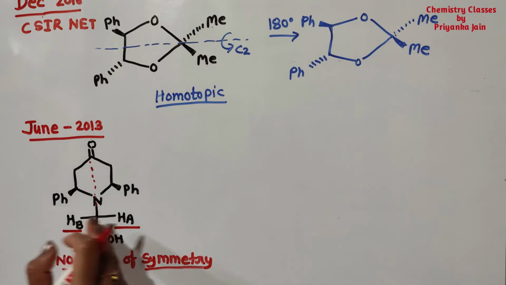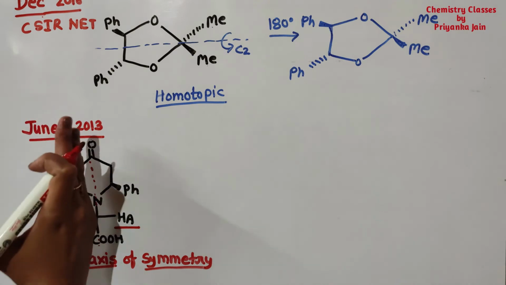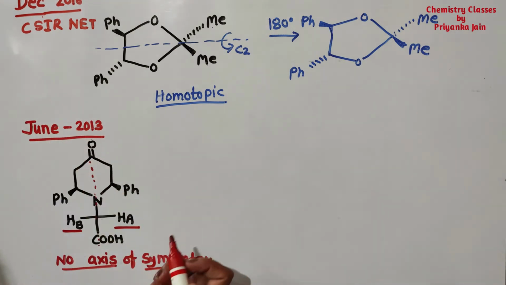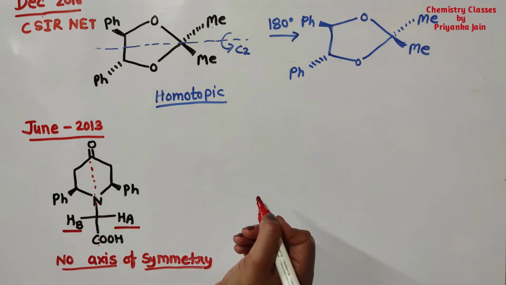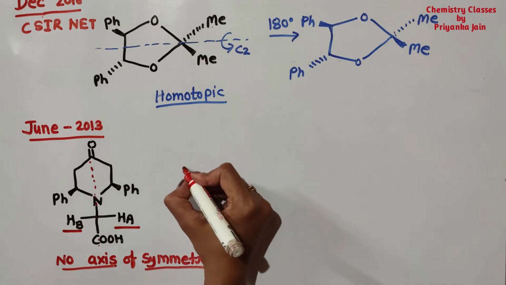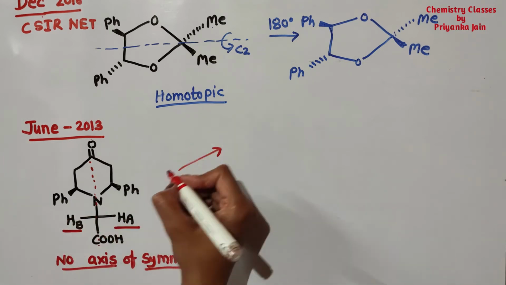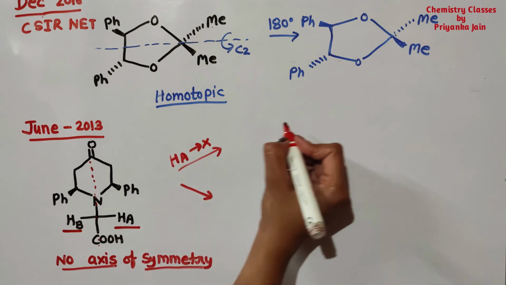Now we can see here is a plane. There is a plane of symmetry, right? And we can reflect these two hydrogens by this plane of symmetry. So these two hydrogens will be enantiotopic. And there is also another thing we can do, the replacement test. Firstly, I have seen that there is a plane of symmetry. Then I replace the hydrogens one by one. Firstly, I replace this Ha by X. So what do we get? See here.